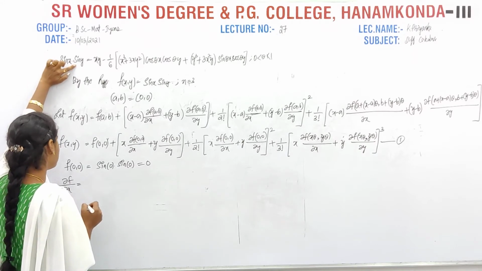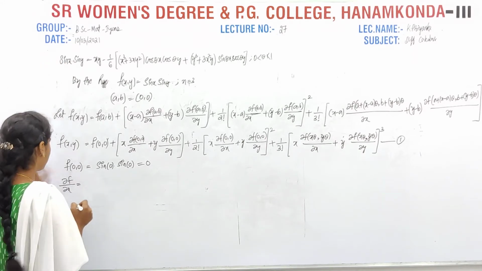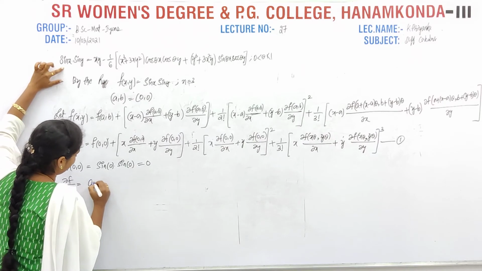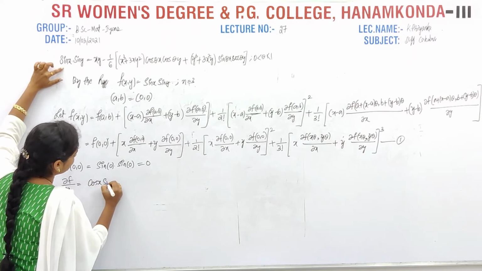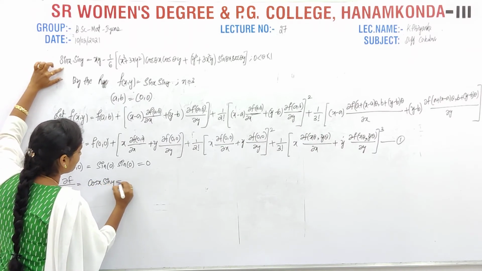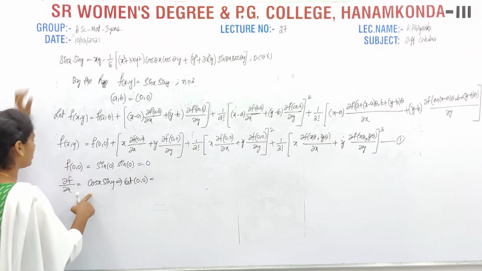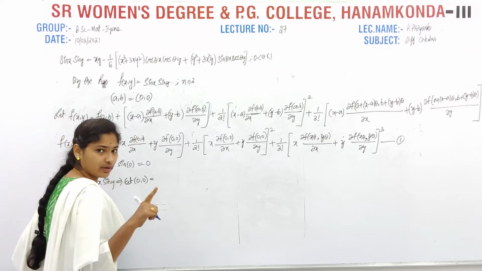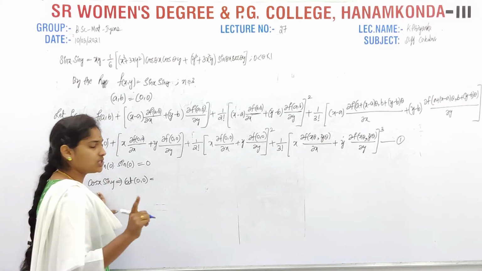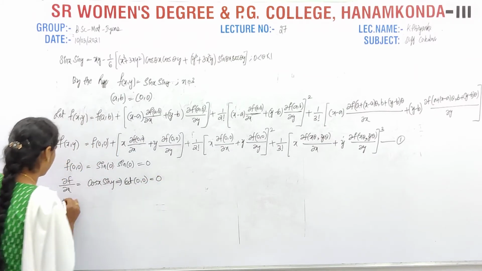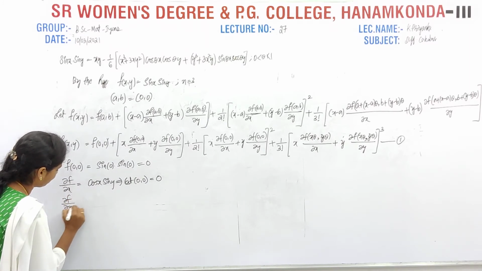Differentiation of sine x sine y with respect to x. So sine x derivative is cos x into sine y. Now what is the value at origin? Cos 0 into sine 0. Cos 0 is 1 but sine 0 is 0. So 0 again. Now here dou f by dou y equal to